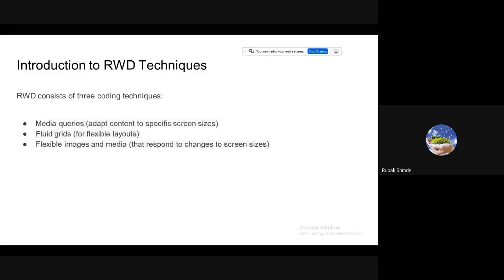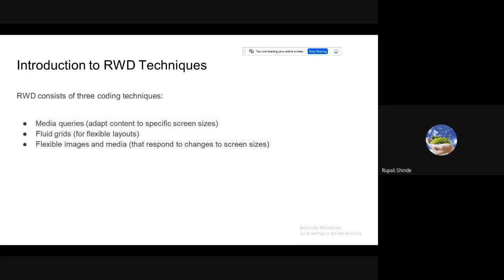First one is media queries, which adapt content to specific screen sizes. Media queries are similar to the viewport idea: they adapt the content according to the screen size, and here we specify the screen size. We are going to see it during execution, so it will be clearer to you.